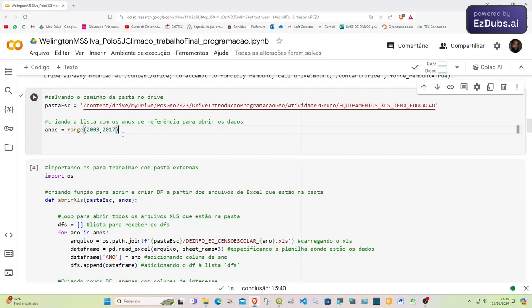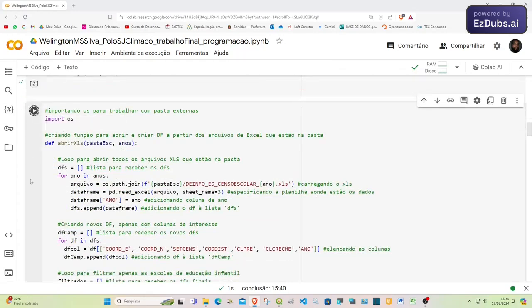So here I created what I'm going to call the years. I created a range here from 2003 to 2017. I put this in the years variable below. It will be the cell where I will import the files that are in XLS, which are Excel files, and